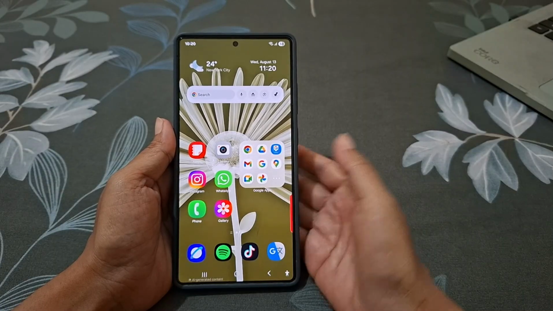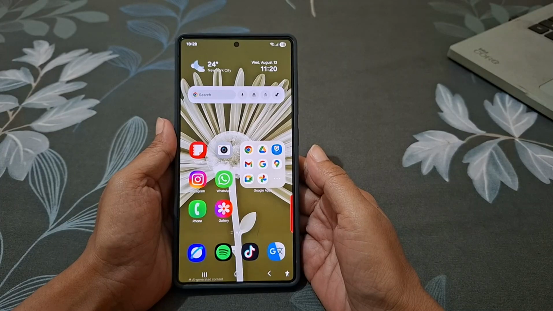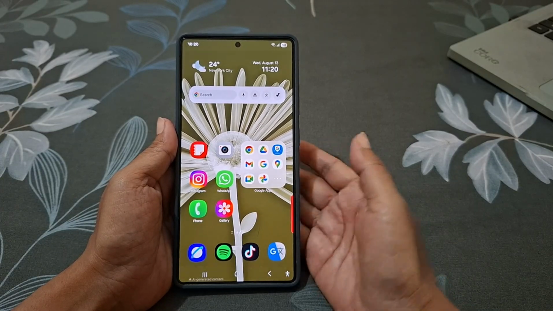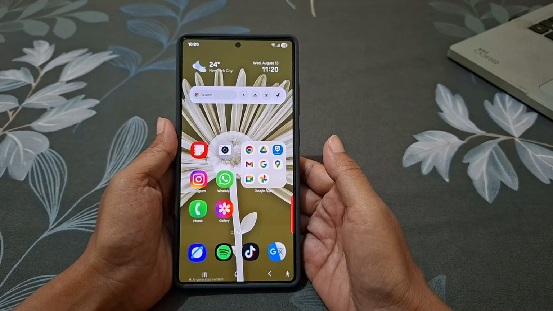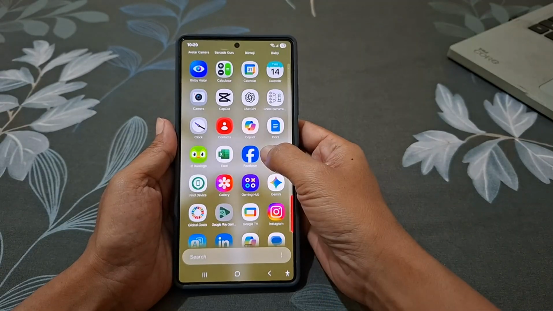Ever open Gaming Hub and notice videos start playing automatically? It's cool for previews but not so cool for your data plans. So let's fix that. To do so, swipe up your home screen to open apps, find Gaming Hub, and then